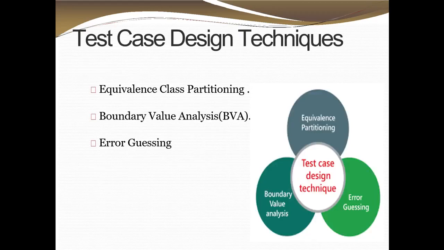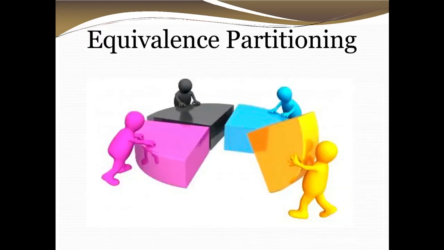So in black box testing techniques, we use different methods like equivalence partitioning, boundary value analysis, and error guessing. These techniques are widely used as a best practice in the industry. They are used to pick the test cases in a systematic manner. By using these techniques, we could save a lot of time in testing and get good test coverage. Now we are going to see one by one what is meant by the test case design techniques. So let's start with equivalence partitioning.